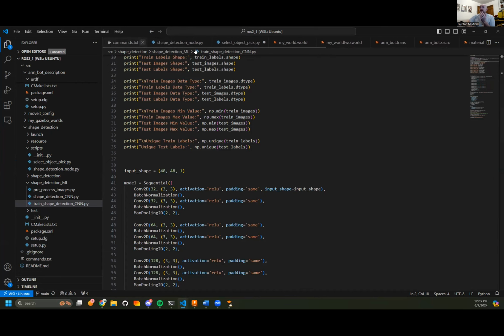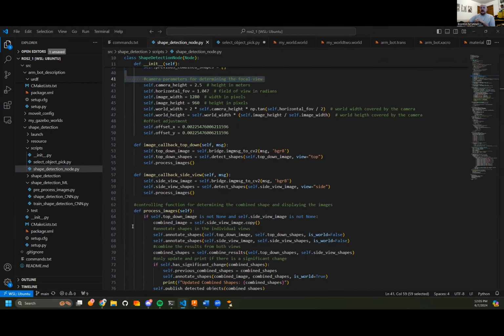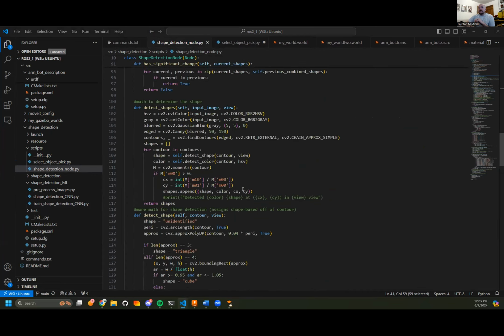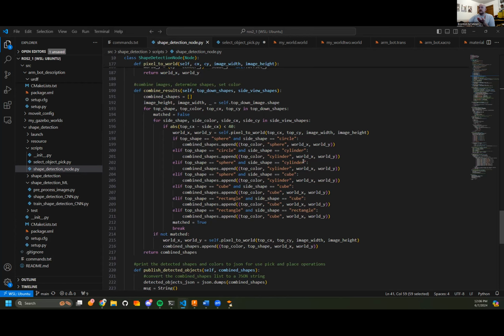But unfortunately, we just didn't have the time. So we ended up having to use two cameras. Something you're going to see as we go through this is that the way we were able to get our 3D object detection was by using combinational logic, because the top-down camera and the side camera will, depending on the angle of the object, identify them as different shapes, not necessarily the three-dimensional shape that it is. So by using combinational logic through trial and error, we were able to mitigate